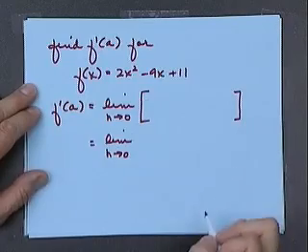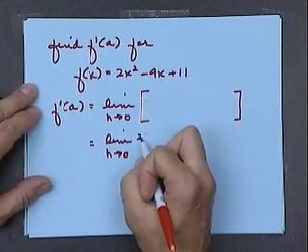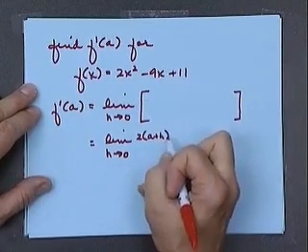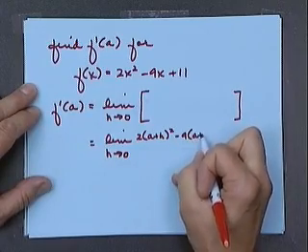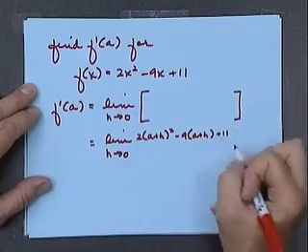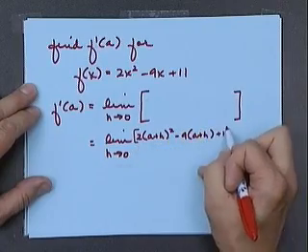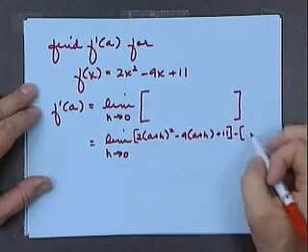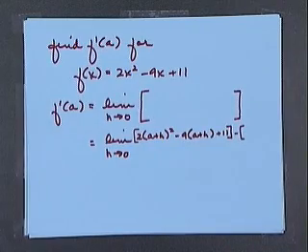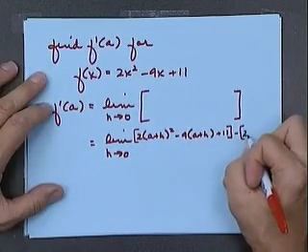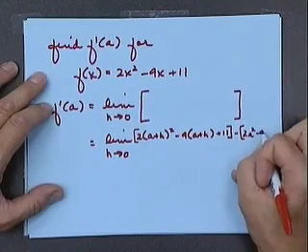I think I'm going to run out of room in those brackets, would be 2, what, A plus H? Yes. Minus 9, A plus H plus 11. Does that work? From that, we're going to subtract what? The f of A. 2A squared